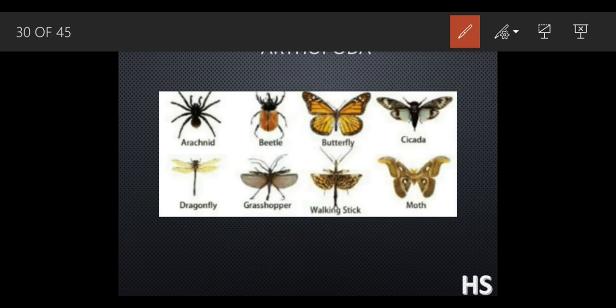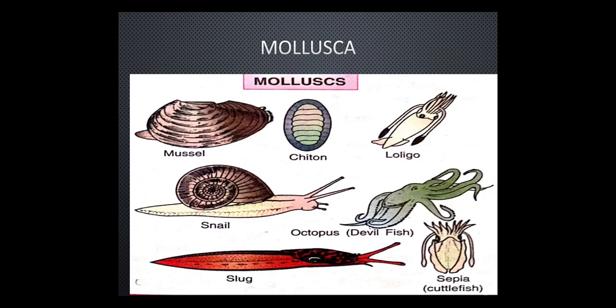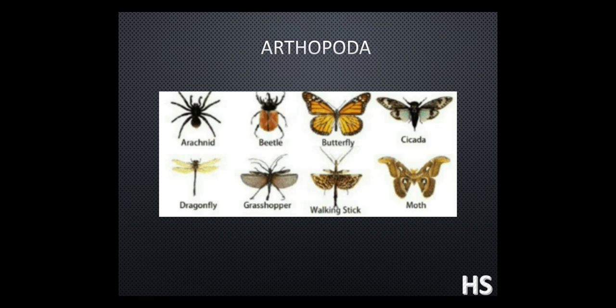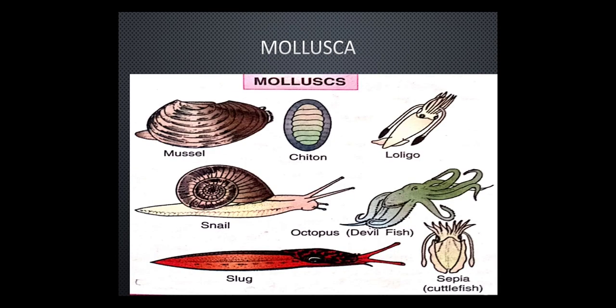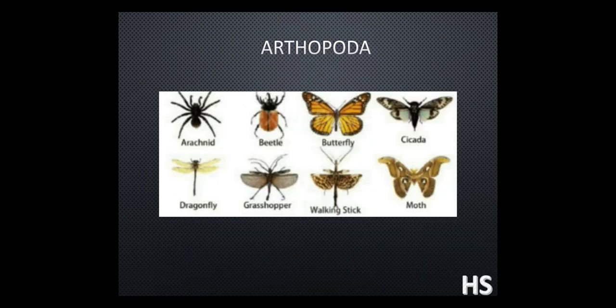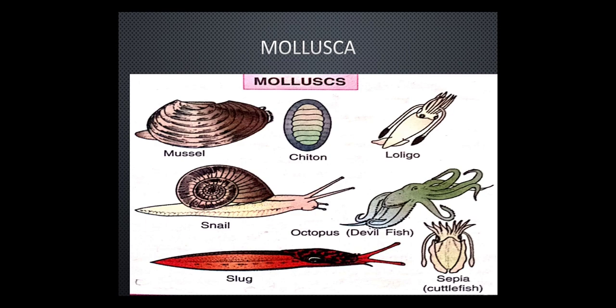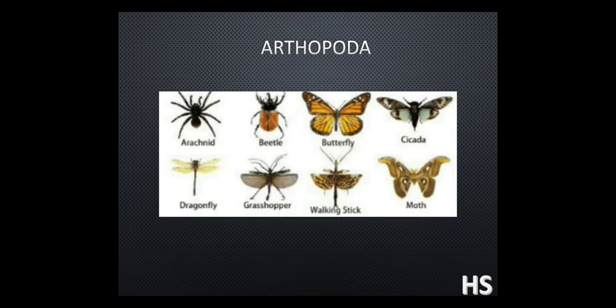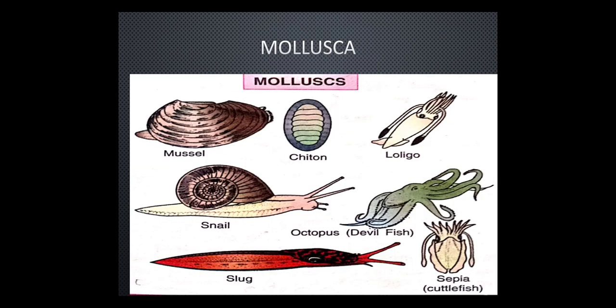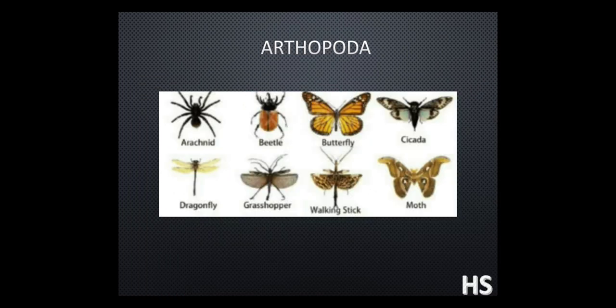Now the next part, this is the, sorry students, there was a mistake. Actually this was the mollusca diagram. This was the mollusca part. Now I'm going to discuss about the arthropoda. Sorry, it was the reverse example. So this was all about the mollusca part, which has the muscular foot. Okay, they have the hard shells, they help in the locomotion part and all. Now we are going to discuss about the arthropoda part.